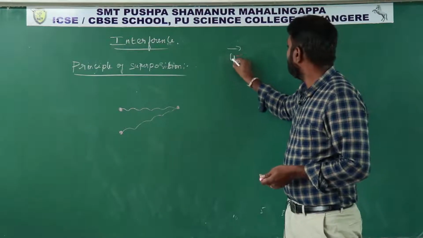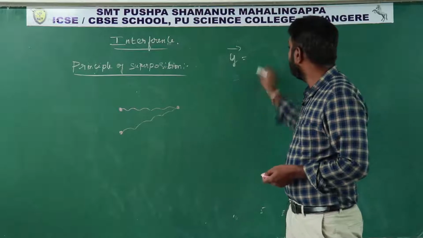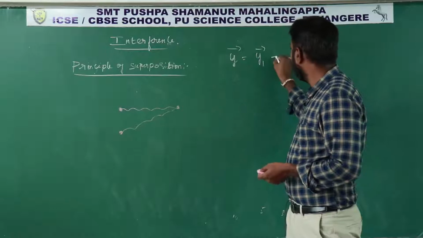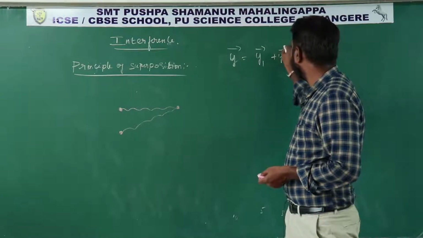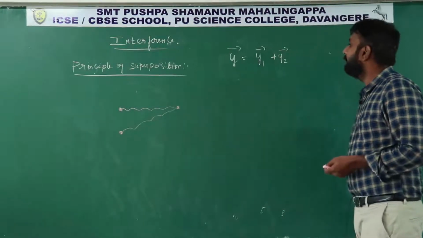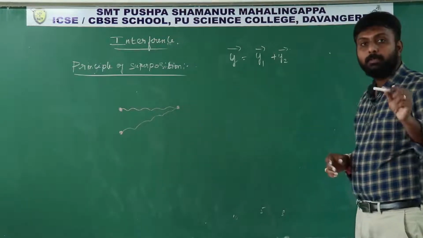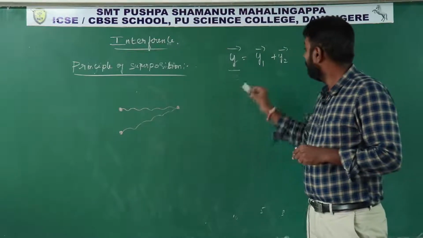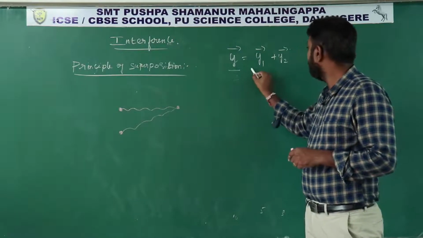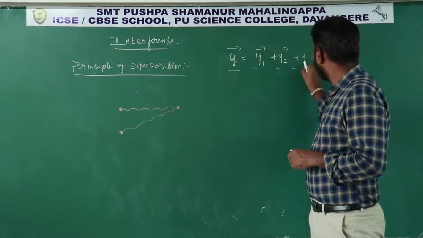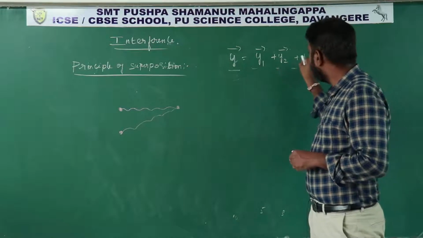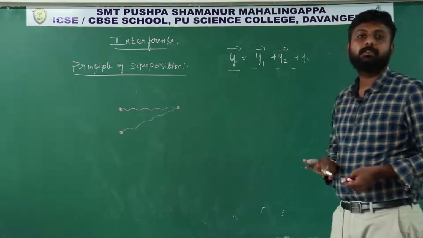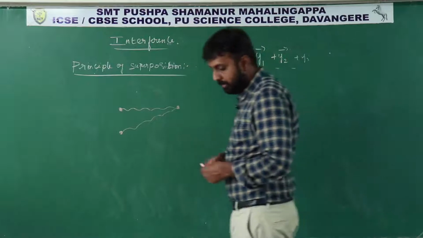So with two or more waves, this is the displacement of the first wave and this is the displacement equation of the second wave. Then according to the principle of superposition, the resultant displacement at a point due to superposition of two or more waves is the vector sum of the displacements produced by the individual waves. Okay, this is the principle of